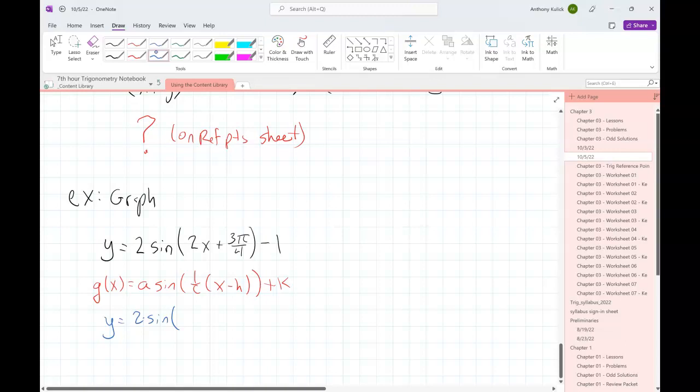So first thing I'm going to do is I look in here. I notice that the leading coefficient on x is not 1 already. So I'm going to start by factoring off a